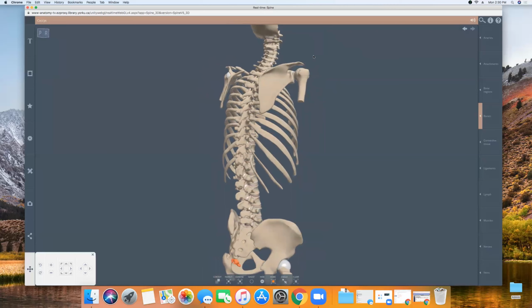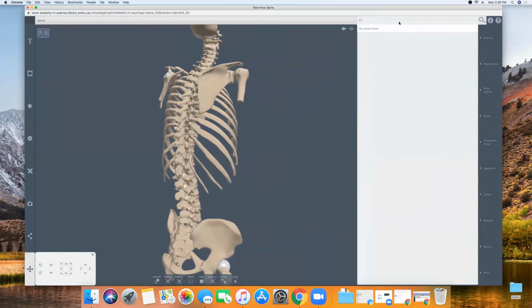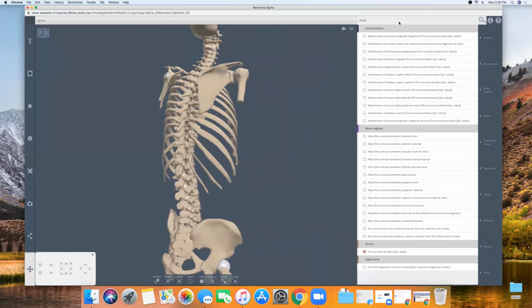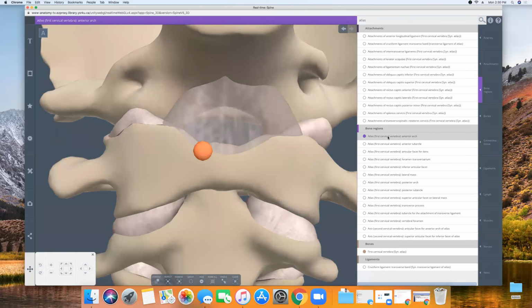So what we're gonna do is go right up to the top, and because this is our first lab, we'll do a bit more demonstration. If you don't feel like scanning around and finding something, you can also type it up here. And some suggestions will come up. So we can search the atlas, okay, and go down to bones, atlas, first cervical vertebrae. You could also type first cervical vertebrae, and that will work as well, okay? So our first cervical vertebrae,